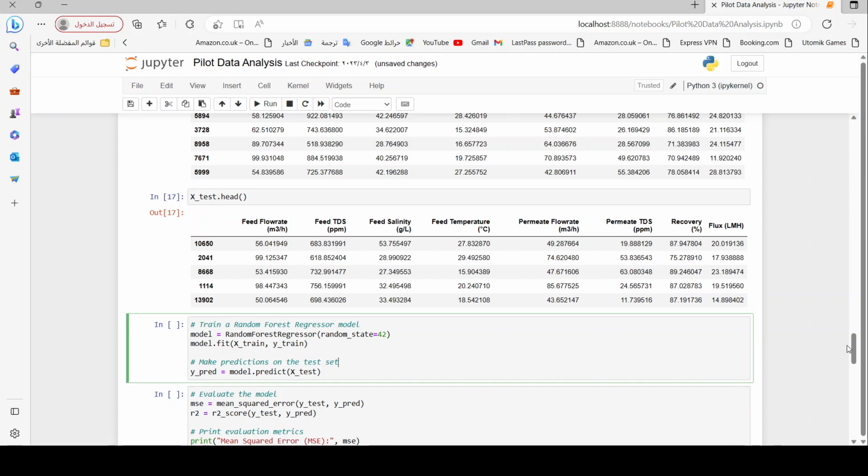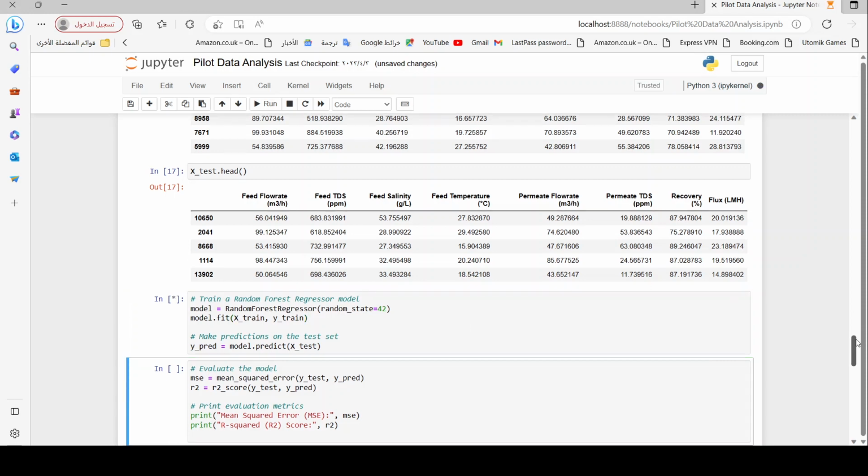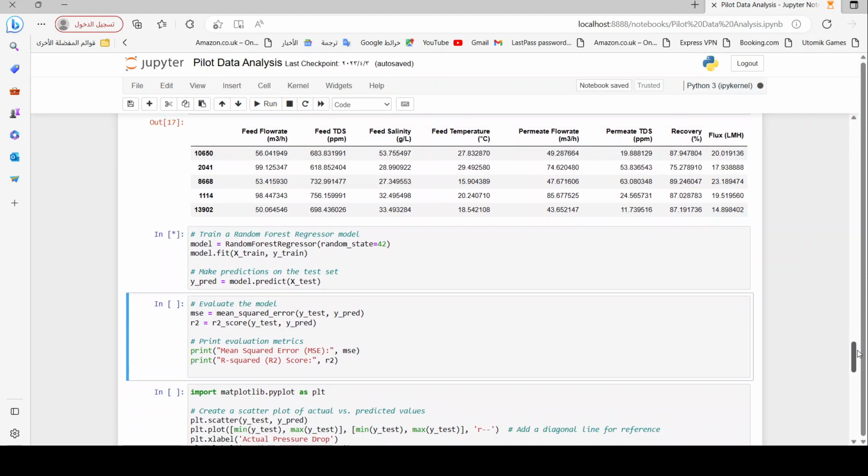Then after that, we will use the model in order to predict pressure drop, which in this case is called Y predict. So the model will take X test, all data except pressure drop, in order to predict pressure drop. Let's run this cell also. So in order to examine or evaluate our